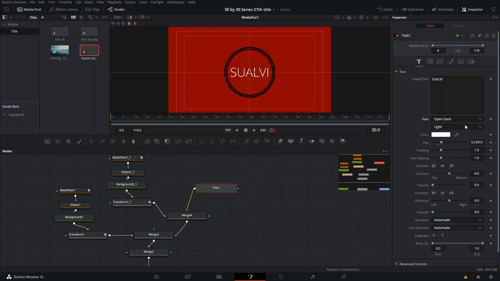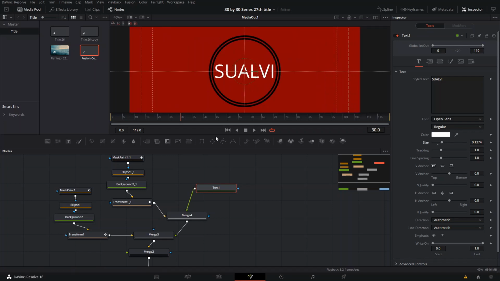All right, and then we're gonna change these. Let's see. Yeah, let's use the regular Open Sans. There. And then what I did was I went 1 frame behind, and I created a keyframe for the size like that. So this is when we want the text to appear, and then we want it to end